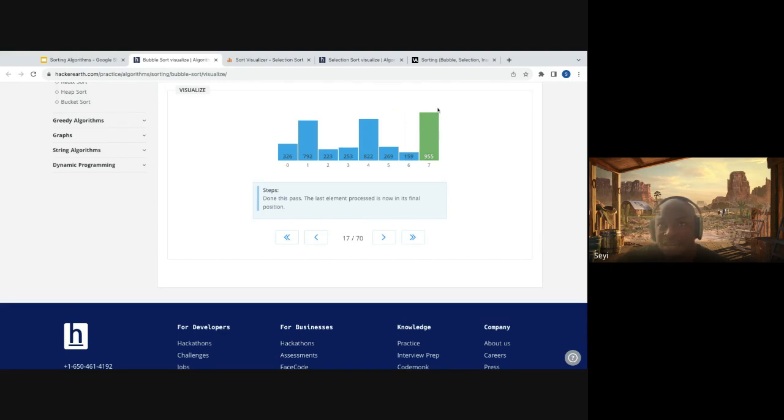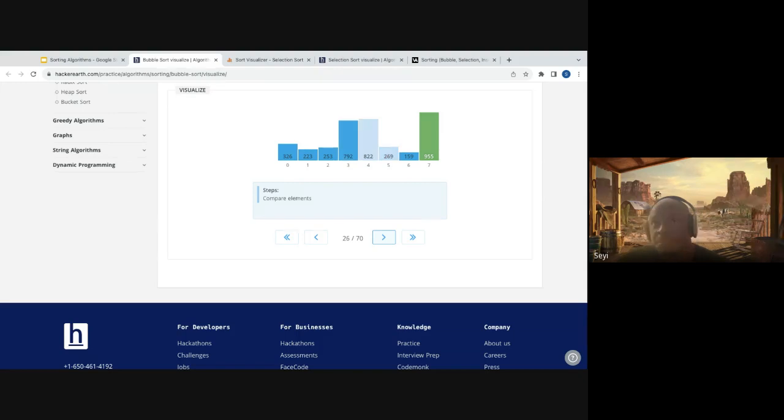So if you assume that this part of the array no longer exists and repeat the same process on the left-hand side, you will get the next biggest. And if we repeat that process continuously, we'll sort the array. So we start the process again. We start from the beginning. Compare. 792 is bigger, so we leave it. 792 is greater, we swap. 792 is greater, we swap. 792 is not greater, so we leave it.